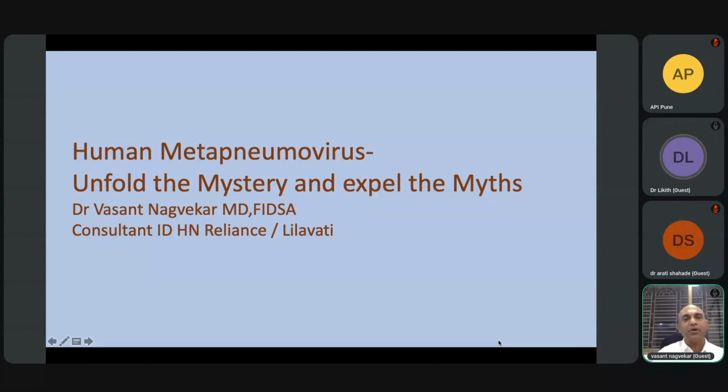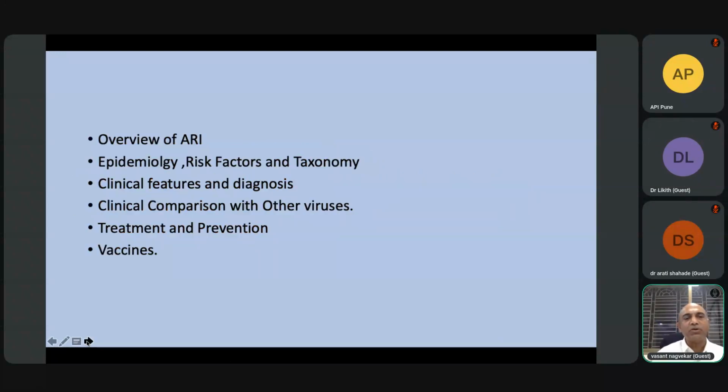So today my topic is human metapneumovirus: unfold the mystery and expel the myths, which Dr. Bharat has given me to speak about. The outline of my talk is an overview of acute respiratory infections, the epidemiology, risk factors, and the taxonomy of the human metapneumovirus, the clinical features and diagnosis, and clinical comparisons: how do you clinically identify it if you do not have a test, and are there certain